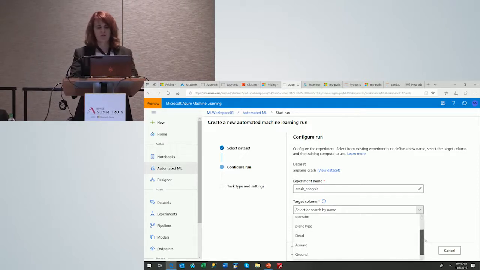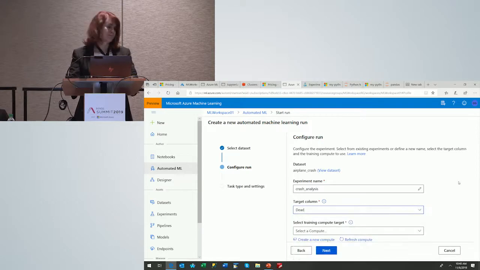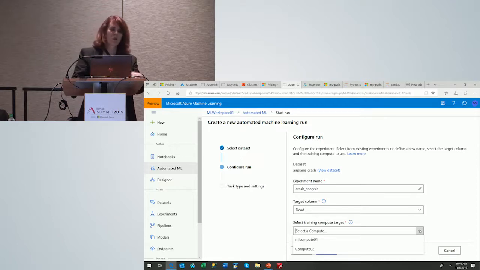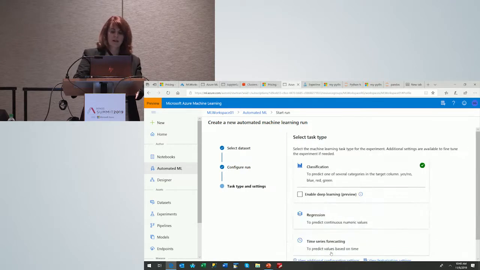And I'm looking to try to figure out how many people are dead, because I'm morbid that way. And this is where I pick my compute. So I can pick whatever I want when it comes to resources here. And by the way, if this is totally slow, I can go back and pick a different one. And again, I'm not doing anything. This is an automated process that I'm creating for it to analyze data for me. So I'm going to go ahead and say Next.